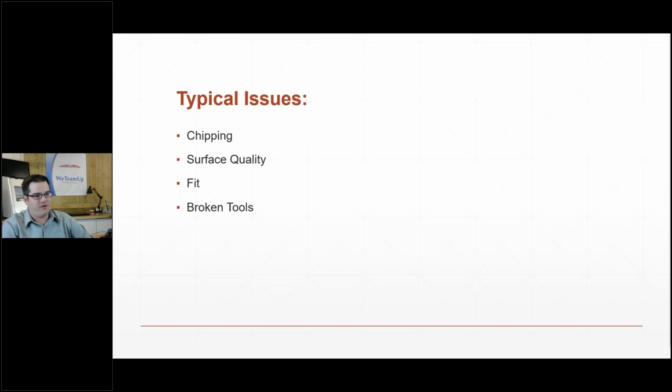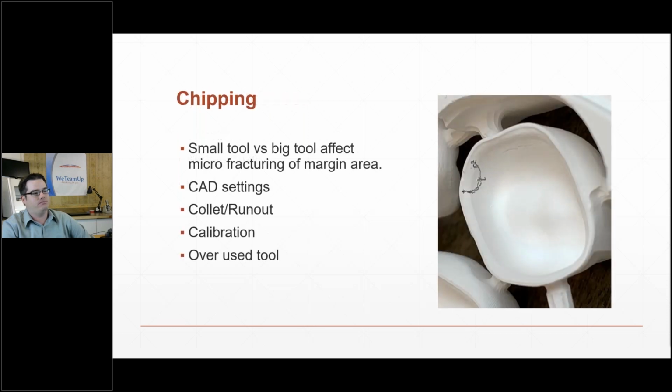Surface quality and fit, and then broken tools. So chipping. Your main causes of chipping are most likely going to be: make sure your CAD settings are right, make sure your margin offset is correct, collet run out, calibration, and condition of the machine. And then another little side point here,